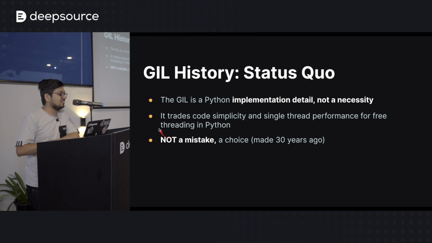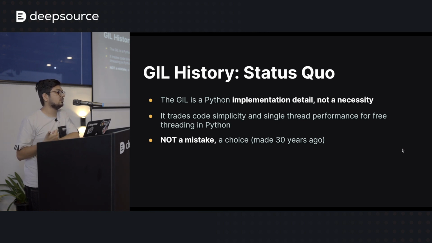Now, the thing that's important about the GIL is that it does not necessarily make Python slow. In fact, it probably makes Python faster for single thread applications. And for the longest time, Python was mainly used in single thread applications, which were scripts and many other similar programs, kind of like Bash. So that's kind of why there has been a global interpreter lock in Python.